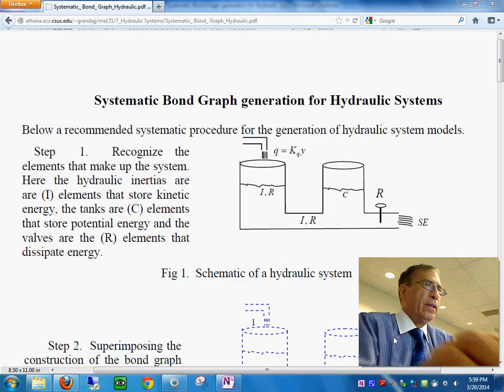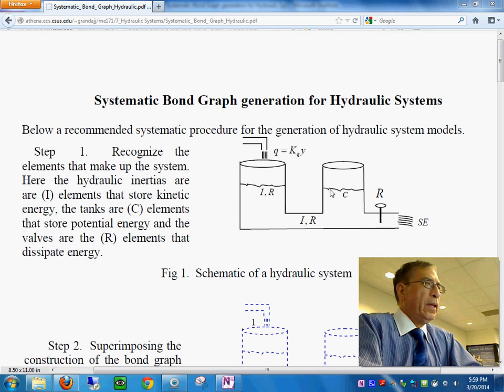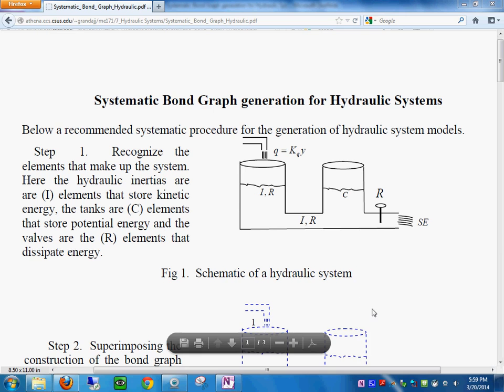So here we have a system. As you can see here, I'm going to show this a little more cleanly. We have a tank in here, and we have another tank in here, and a valve in here, and a discharge on the side. This would be an intake flow in here. So I'm going to put this in the form of this handout that I have prepared with the